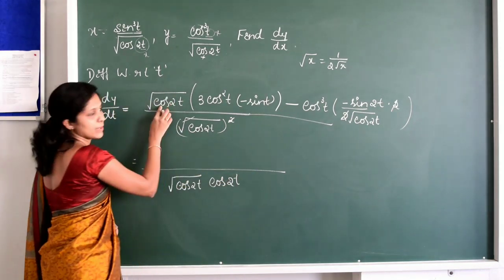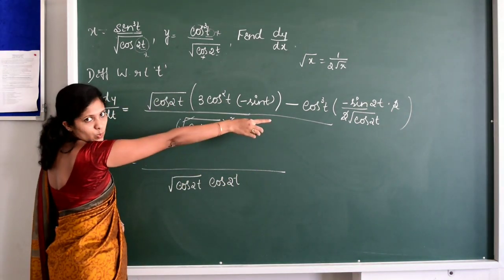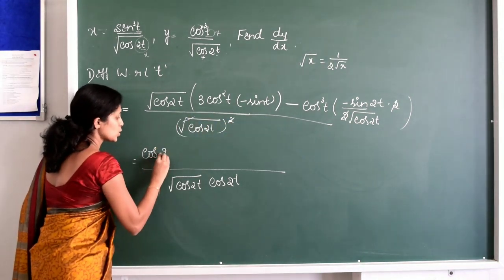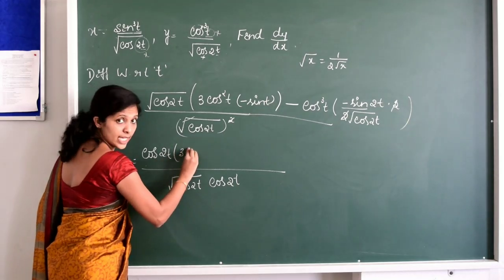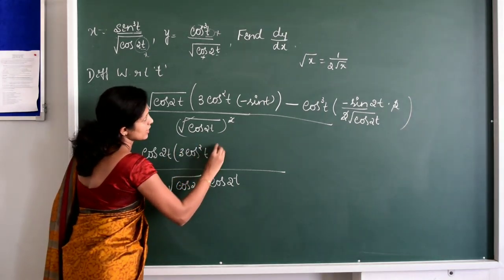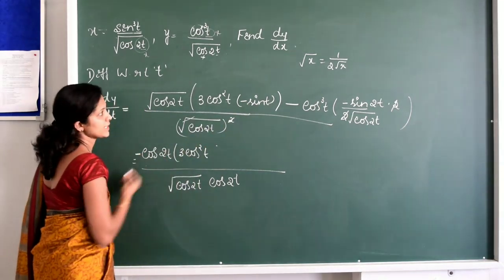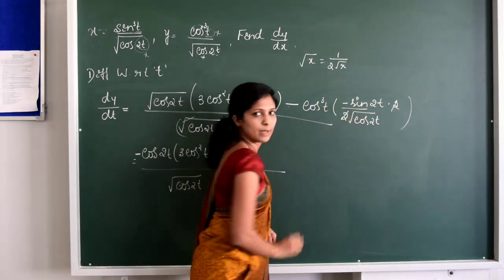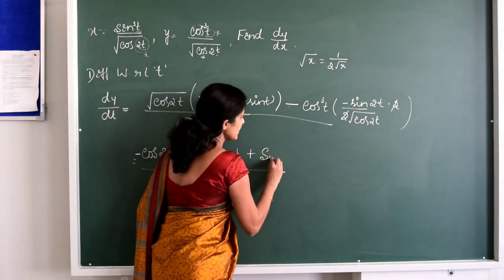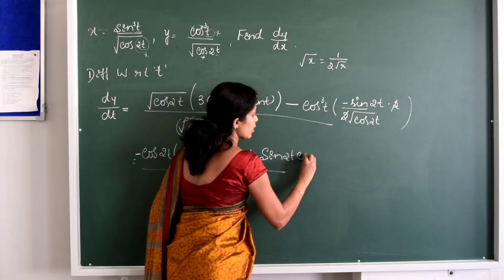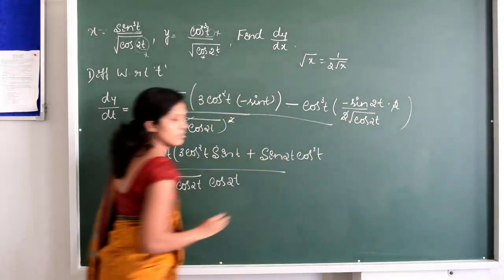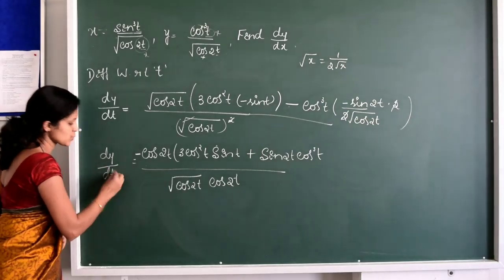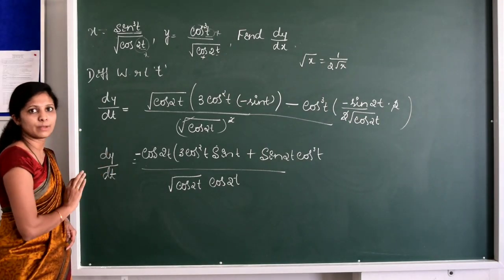Now here I have to multiply by root of cos 2t. If you multiply, whole square will be there, so square and square root will get cancelled. This is now cos 2t into 3 cos square t, right, minus is this, so I will write here minus sin t, and then minus into minus will be plus, remaining with sin 2t into cos cube t. Is it clear? We got the value of dy by dt and dx by dt. Now you have to substitute in dy by dx and you have to simplify.